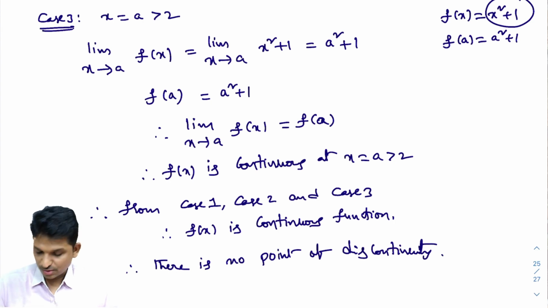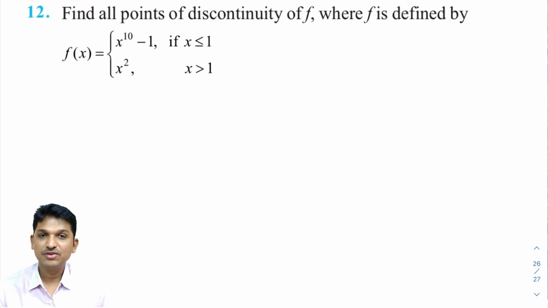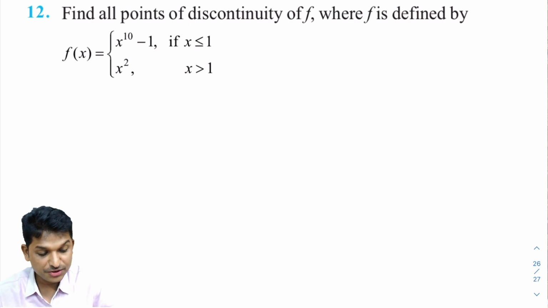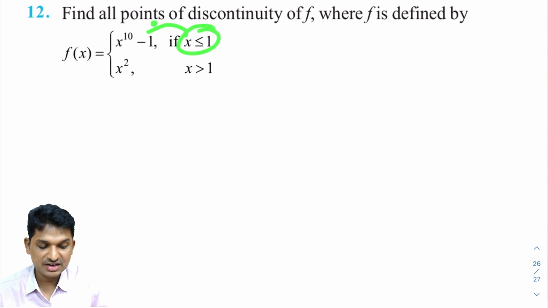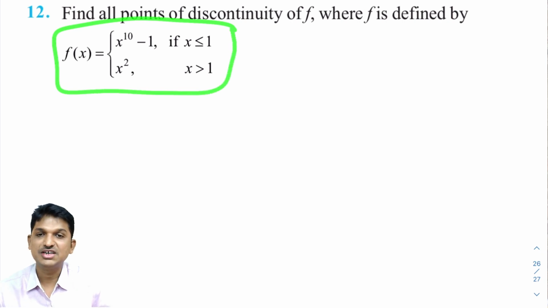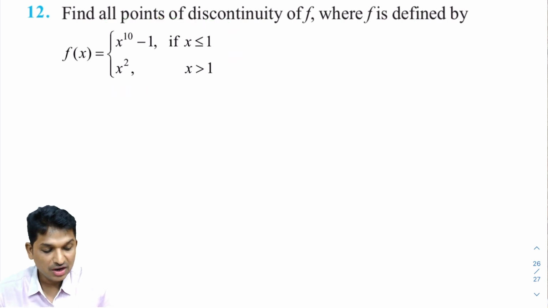These are very lengthy problems. Now, one more problem is there. I'll just finish it quickly. I'm not going to explain much in this. First problem, second problem, third problem, this problem also follows the same procedure. You observe what is the domain of this function. This function is defined when x value is less than 1. This function is defined when x value is greater than 1. So the domain of this function is all real numbers, right? So I need to check